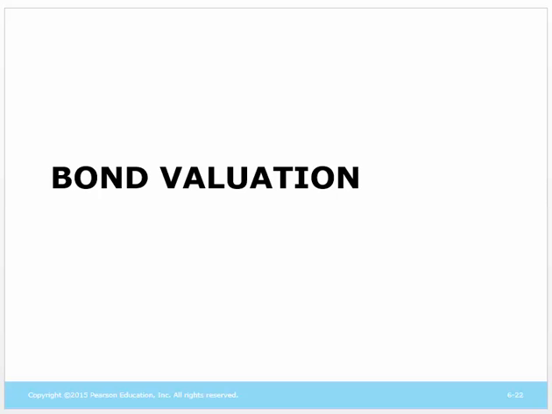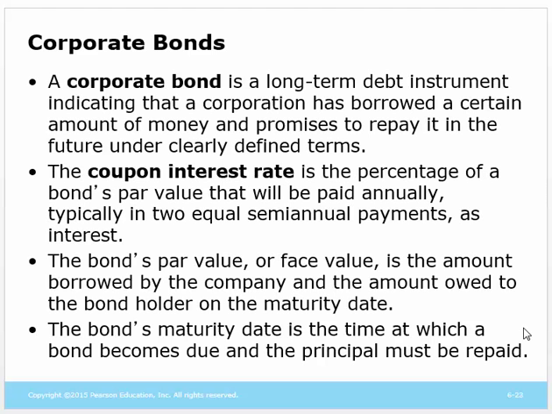Alright, in part 2 here, we're going to work our way through some discussion about corporate bonds, and then we'll move on to the actual valuation of debt. So a corporate bond obviously is a borrowing instrument. It's a debt instrument. It identifies very clearly what has to be paid. There's a contract. We'll talk about that in a couple of minutes.